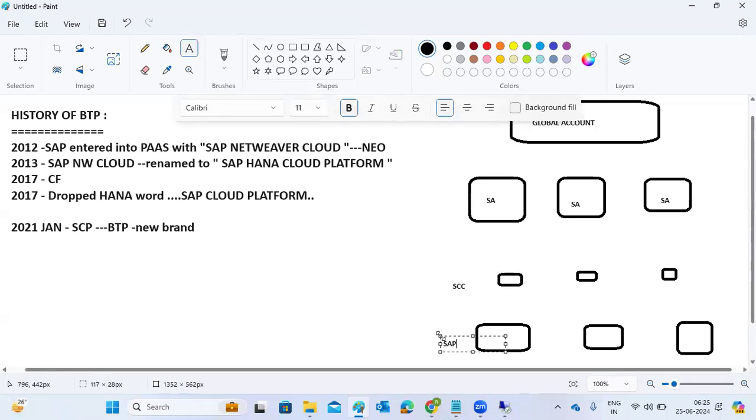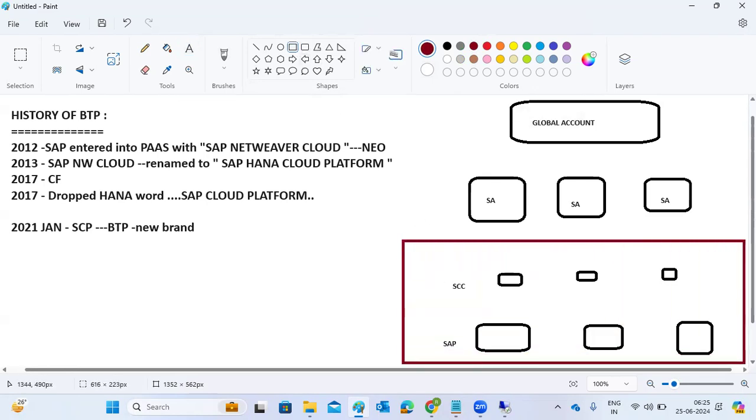These are all the SAP landscape here, in our customer network. But the BTP and SAP cloud services are in the SAP network. Both are in two different networks.